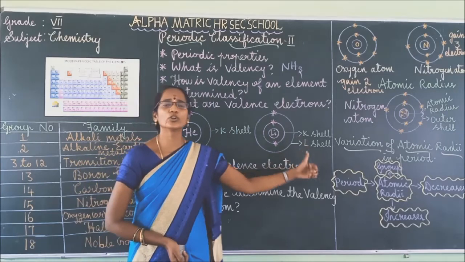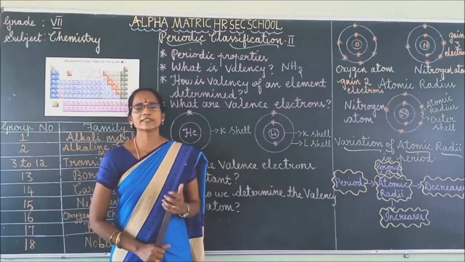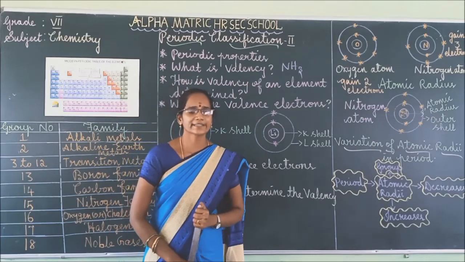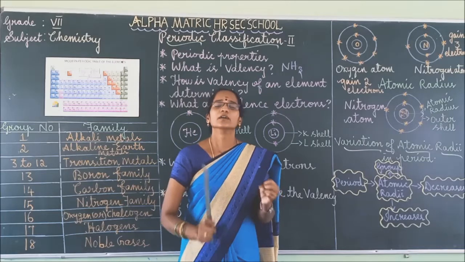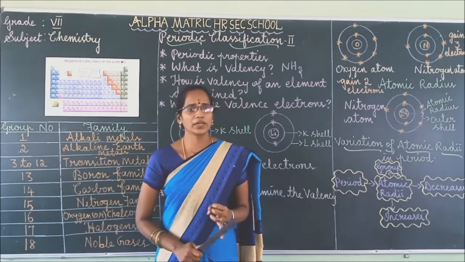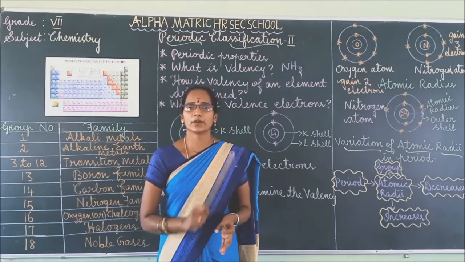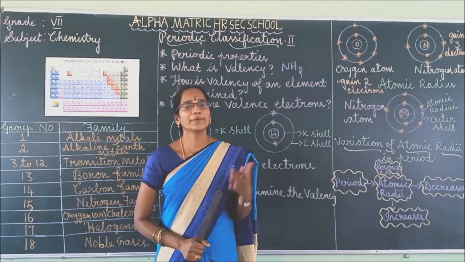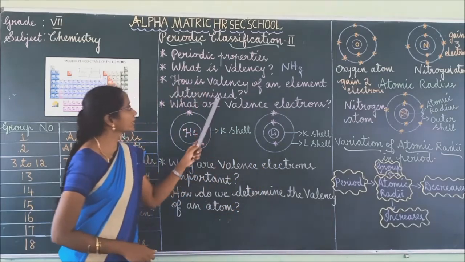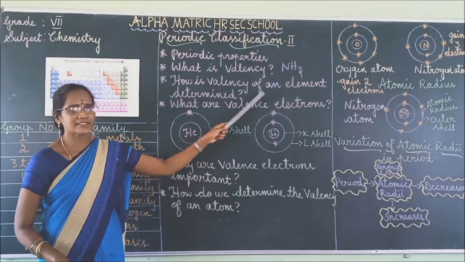Next we can move to ionization potential energy. Those things we will discuss in the next video. In the meantime, what are the things we have learned today? Modern periodic table. Periods means what? Groups means what? And then periodic properties, and we saw about various families, periodic properties. And what do you mean by valency? How valency of an element